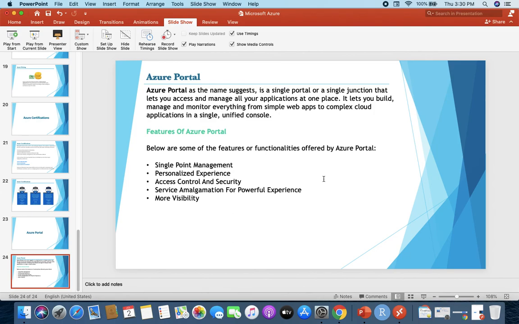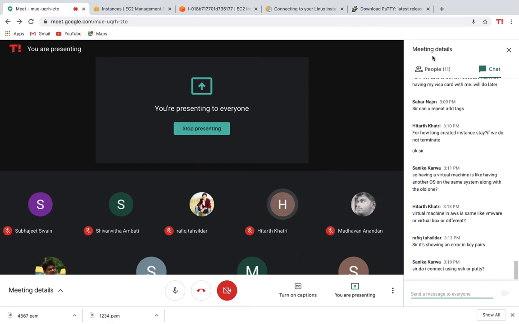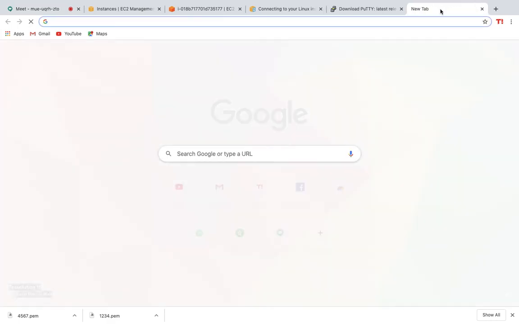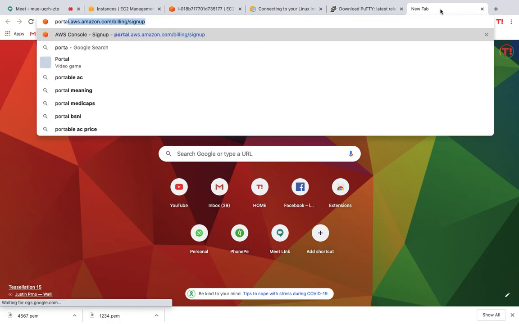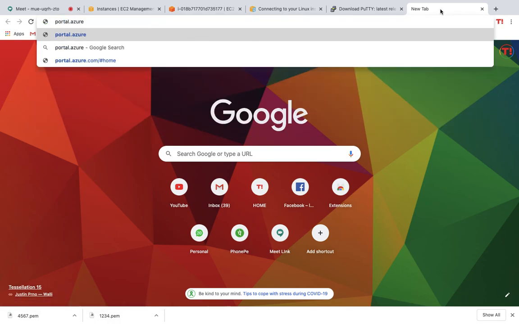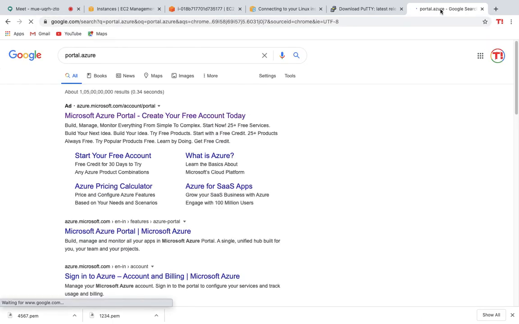For creating an Azure account, you need to go to portal.azure.com and you can create your account here.